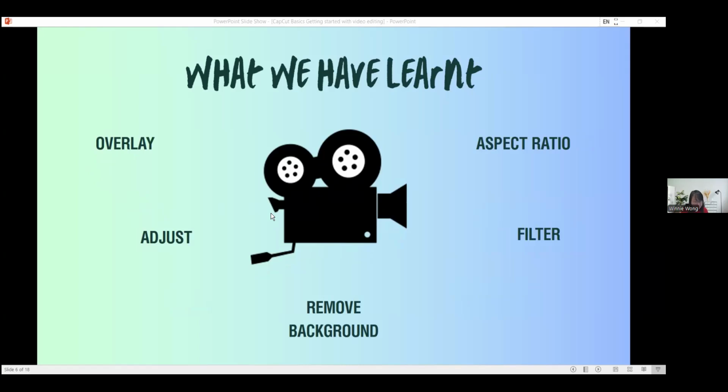Okay, remove background is very simple. There's an icon that is remove background. If let's say you are talking in front of the camera, you want to remove the background, you just need to click that, and then the background will be removed, only showing you talking in front. Okay, so these are the things that we have learned today,